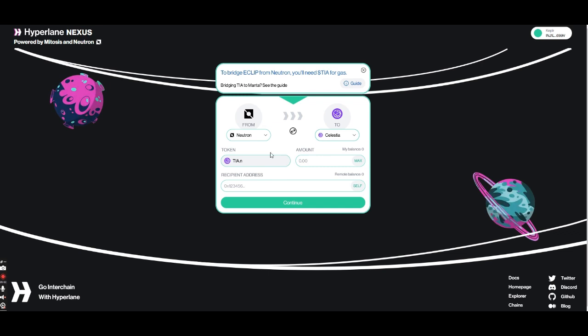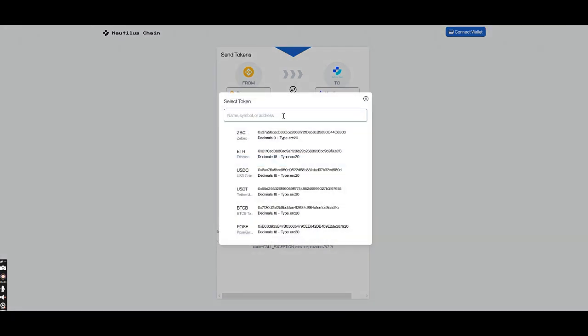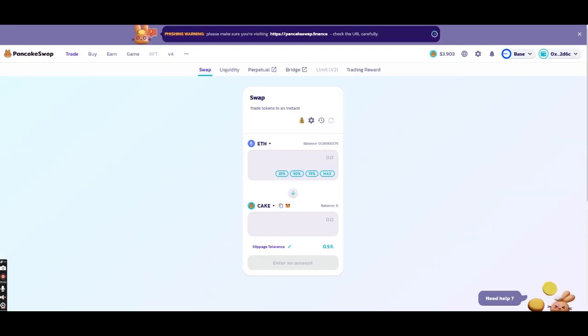I would do a bunch of transactions, sending small amounts between these blockchains and just try and build up your transaction volume on this. The next one that I wanted to show you is the Nautilus chain. With this one, it works a little bit different. The token that we're going to be sending is a ZBC token here, and that means that we're going to have to go and buy it on